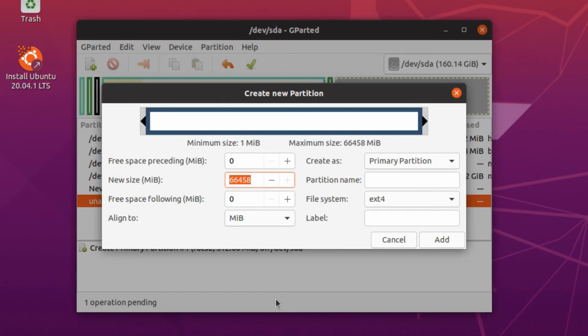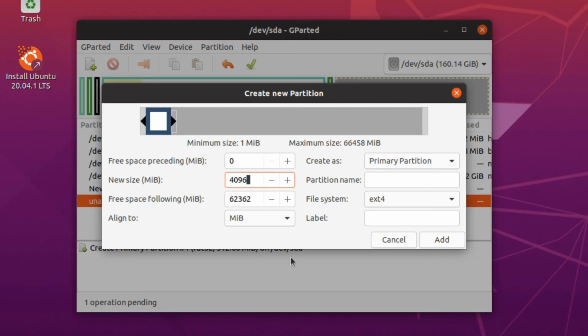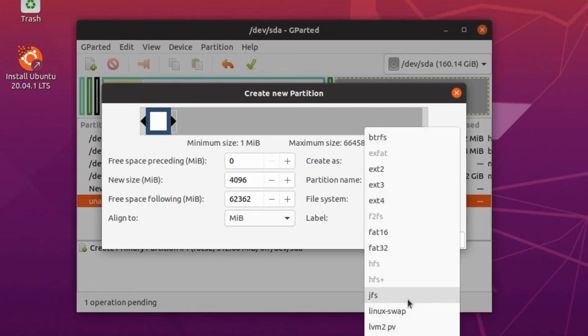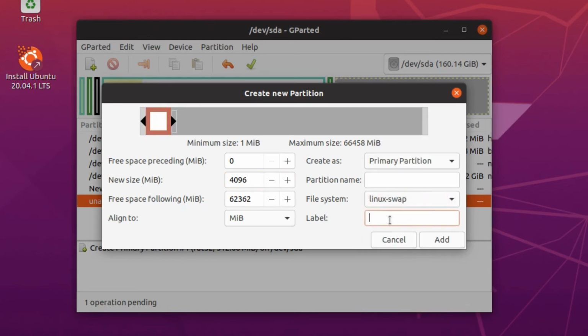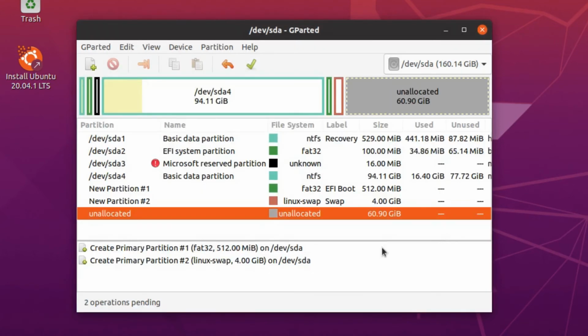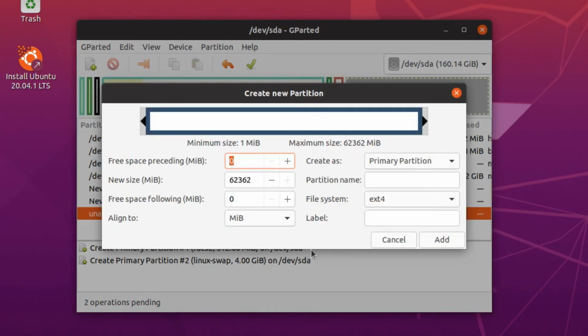We'll give that 4 gig of RAM. That's all I'm really looking at here. 4000. No, it doesn't use the keypad. I've got to remember that. 4096. Enter that. This will be a Linux swap. Label that swap. Add that. Then we could go new and we could use the rest of that up for the Linux